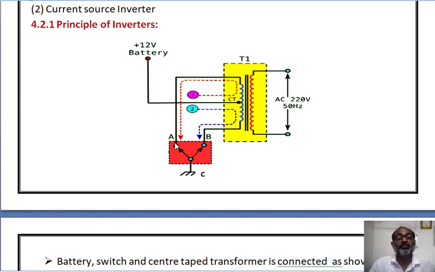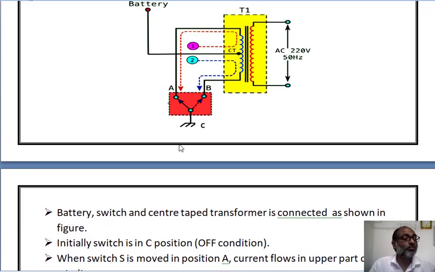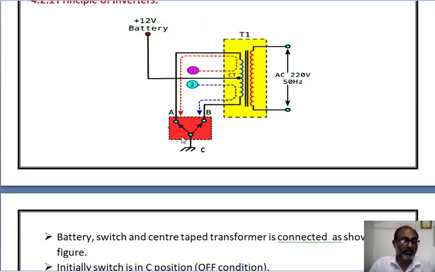So when the switch is moved to the A condition, what happens when the switch has moved to position A? At that time you can see plus voltage is available at the center terminal. Here this terminal is connected to A, which is ground. That means the circuit is closed.